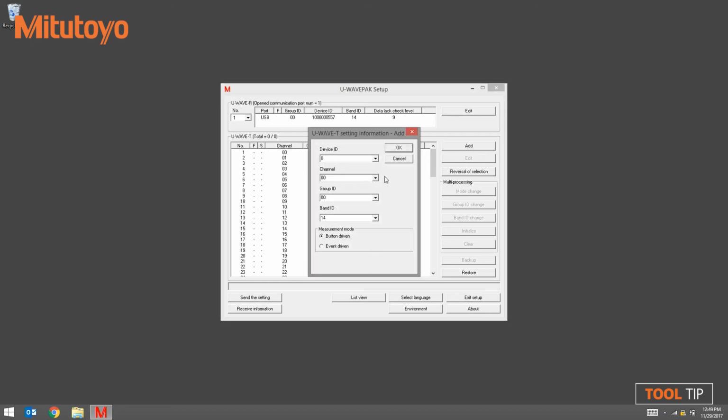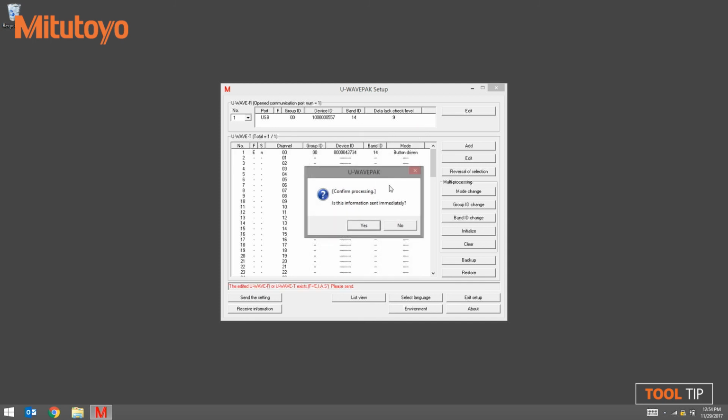This is where we enter the transmitter's device ID. Remember, earlier I mentioned that you don't have to enter in all of the zeros leading up to the number. 42734 is our device ID. The channel field will default to the first available channel from the list. To change it, simply click on the down arrow and select the channel that you want. The group ID and band ID are linked to the active receiver. Don't change these. Click OK to continue.